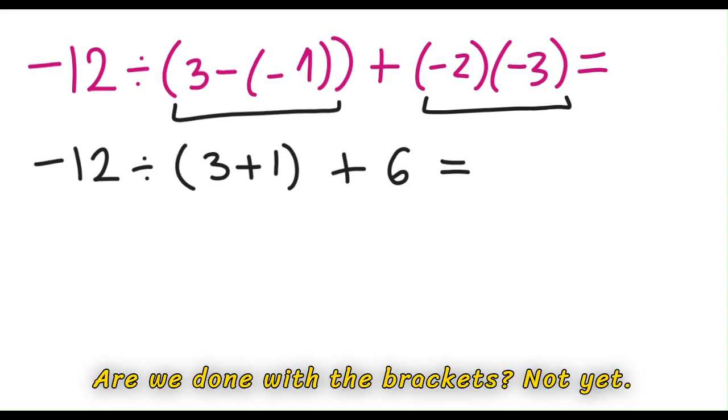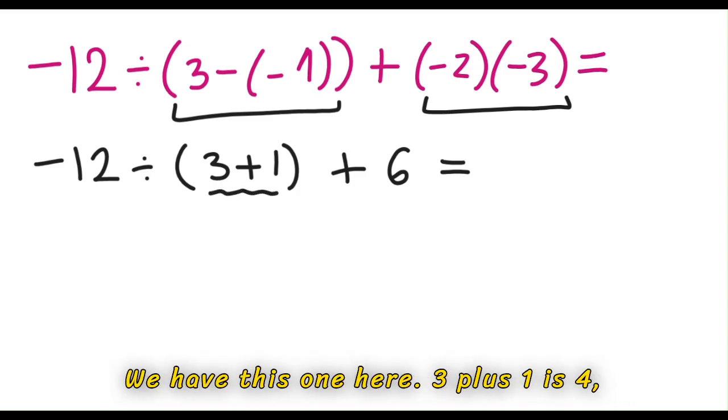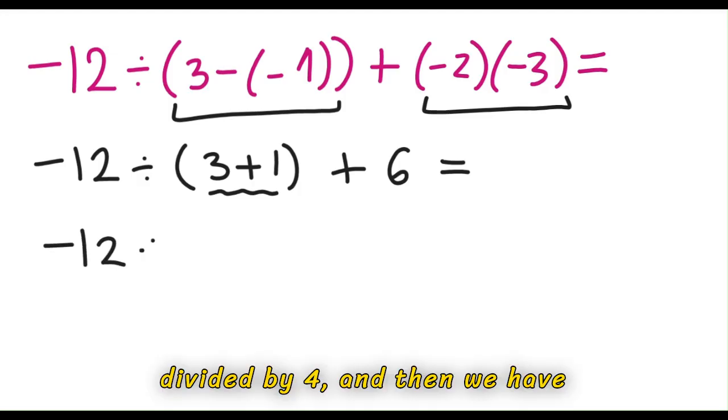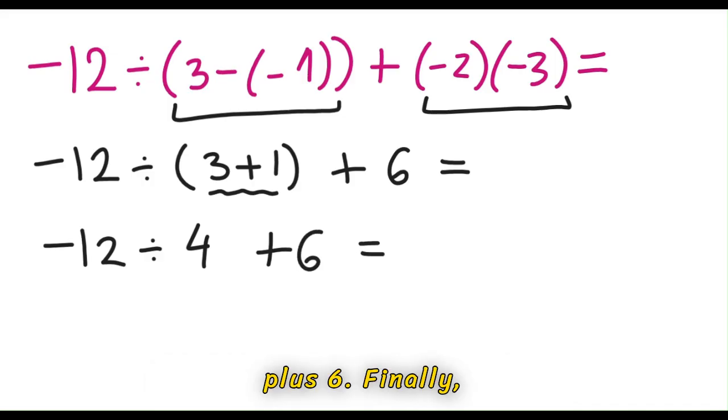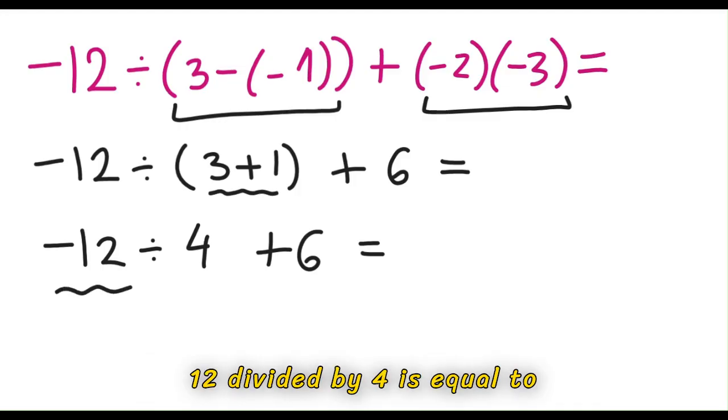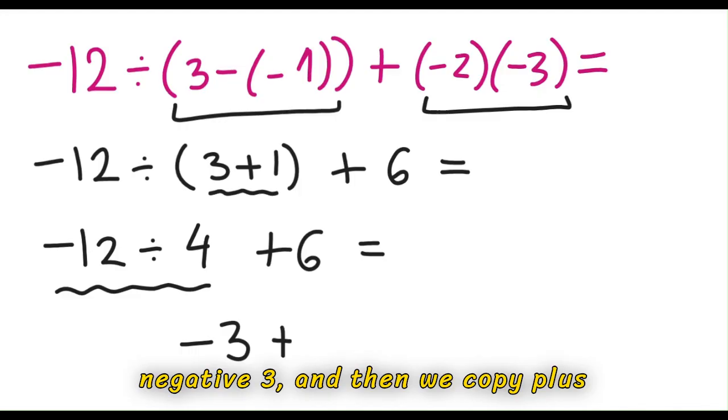Are we done with the brackets? Not yet. We have this one here. 3 plus 1 is 4, right? So we have negative 12 divided by 4, and then we have plus 6. Finally, division has priority. So negative 12 divided by 4 is equal to negative 3, and then we copy plus